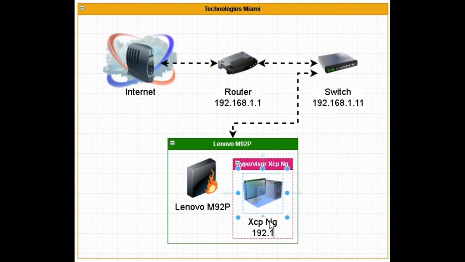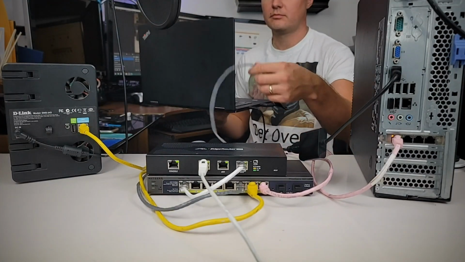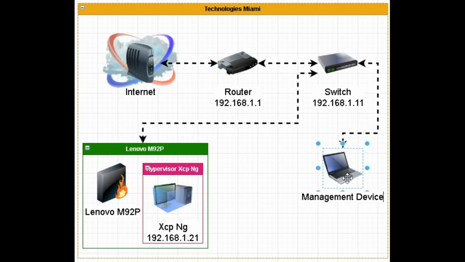Once we install the hypervisor, it will need its own IP address, right? Let's assign it 192.168.1.21. Of course, that's not all. How do you plan to manage it remotely? Well, your trusty laptop or even a calculator will do the trick. Let's assign the IP address of your management device as